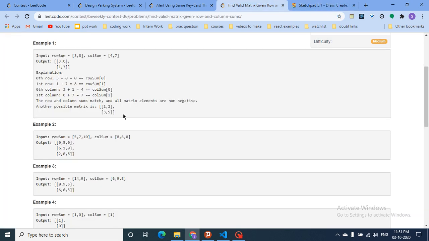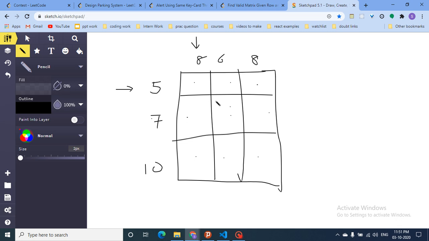So as you can see, this is given, and you have to construct a valid matrix for this particular configuration. It is given in the question that a matrix will always exist. It will not happen that these numbers are random and a matrix cannot be formed. This case will not happen. Always some matrix will exist. Okay, so now how can you construct this matrix?